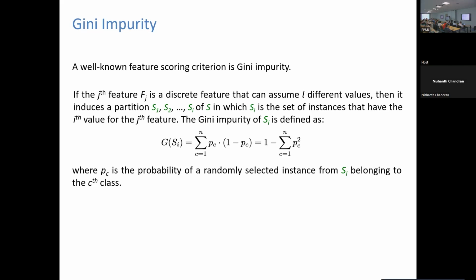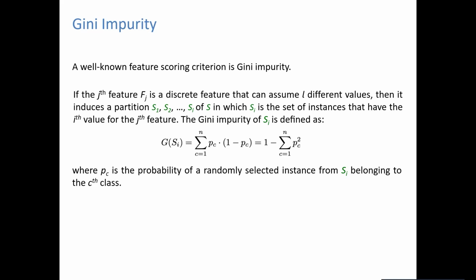If you work the terms out, it's essentially 1 minus the summation over all the possible classes of the squared probability of a randomly selected instance of the set being in that class.